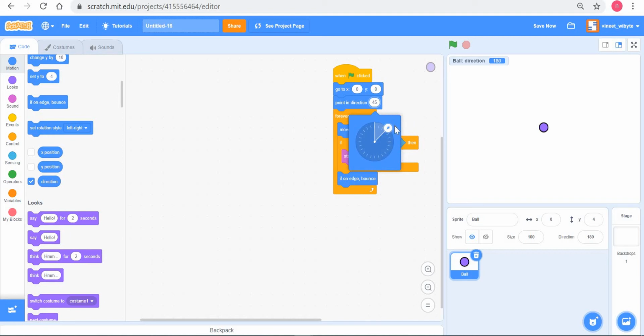So when I say 45, if you know the angle, very good, right? If you do not, no problem. It's basically saying that the ball is going to travel in an inclined direction as given by this arrow, right? Let's convince ourselves. So when I do this, notice ball direction is 45, and indeed the ball went, let's see it again, the ball went in that direction, right?